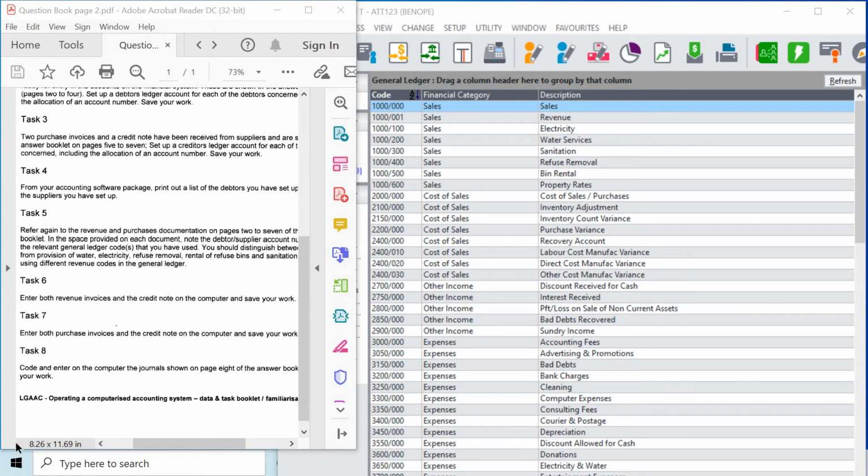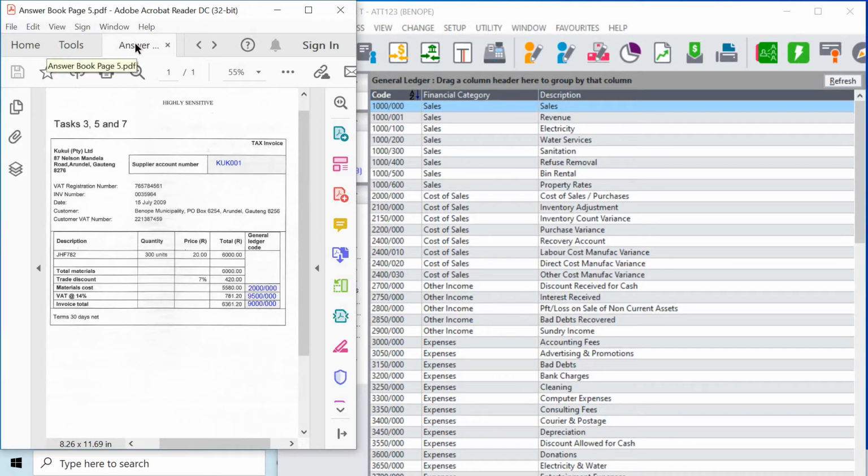We shall continue with our practice assessment to operate a computerized accounting system, Unit 31.2. We are up to Task 7. Task 7, we are to enter both purchase invoices and the credit note on the computer and save your work. Let's have a look at our invoices in our answer book on page